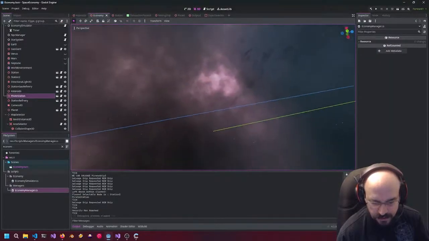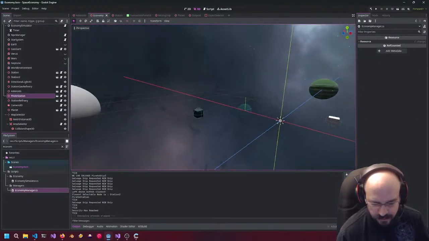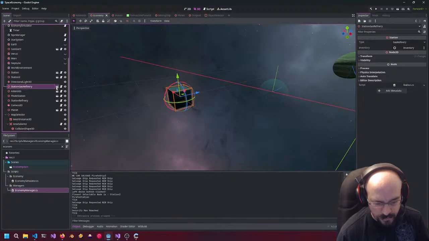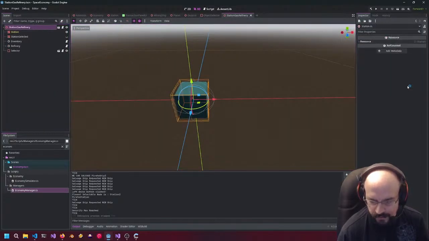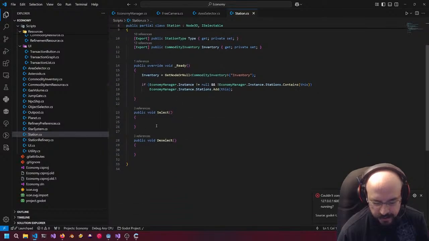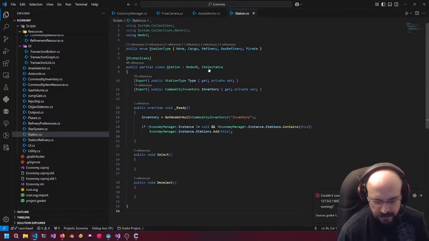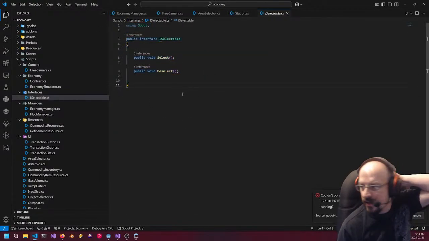So the way this system works now, we just had a refinery. We have all the refinery game logic. There is a select and deselect, which is coming in from our iSelectable interface, but it's not something that I'm